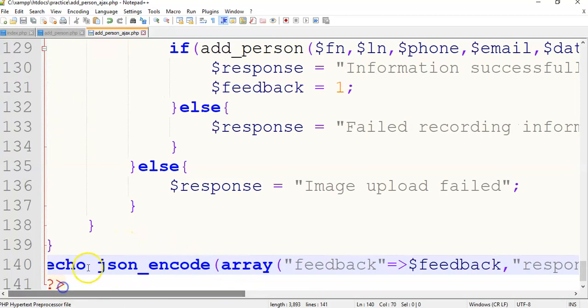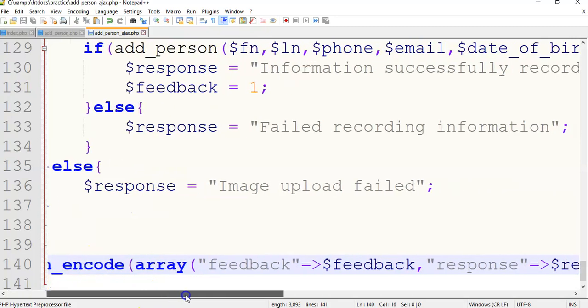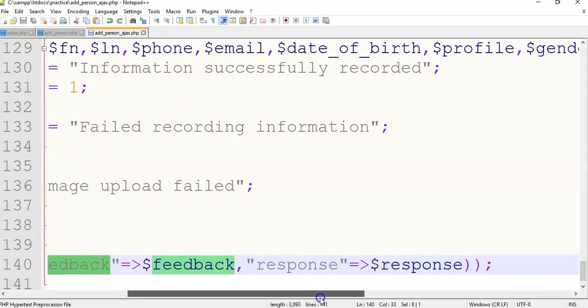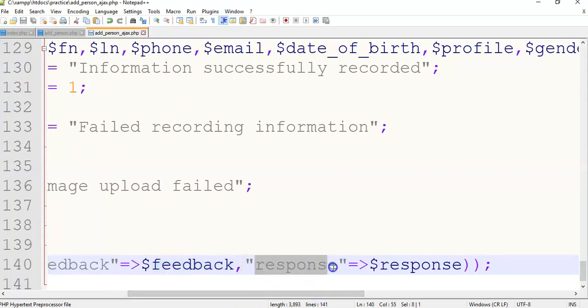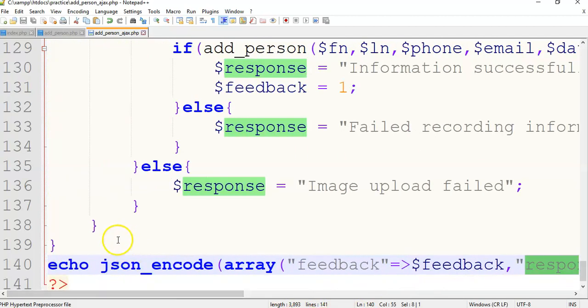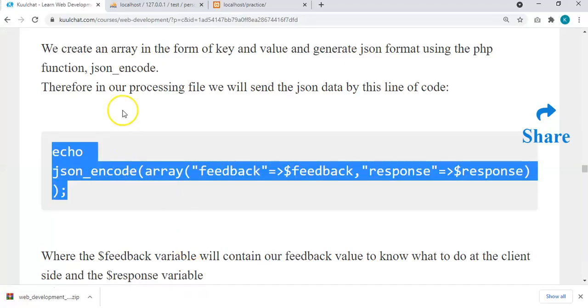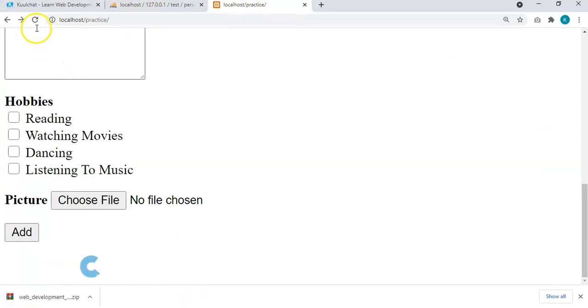The JSON encode will encode our array, where the key is feedback and the value is the value of our feedback, and the key is response and the value is whatever we stored in the response variable. Okay, so once we refresh our page and we submit, now it should be communicating with our server,